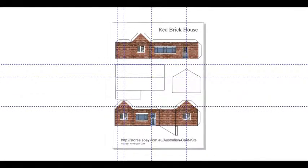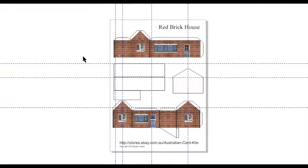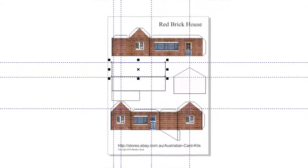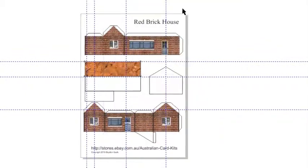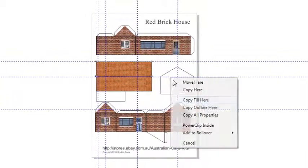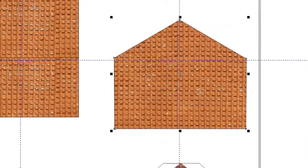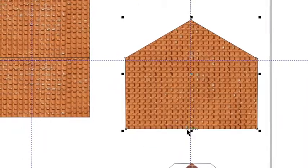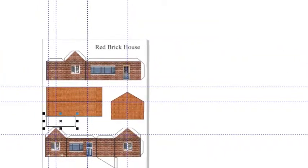Okay, now we've got the basic geometry laid out, we're nearly finished. All we have to do is put some textures in. So this roof here, in the original kit, we had as a tile pattern, and we're going to add that tile pattern back in. So we'll add clay tiles, copy the fill there, copy the fill here. Now we need to rotate these at 90 degrees. Okay, and the roof there,